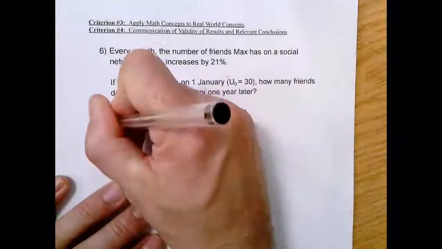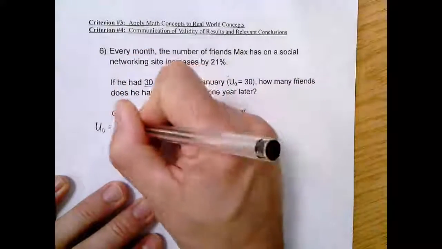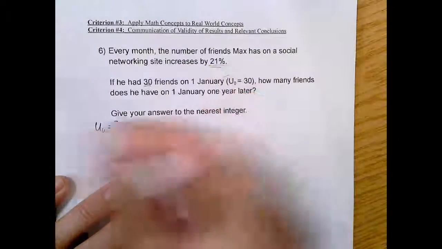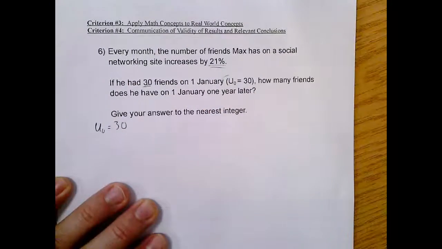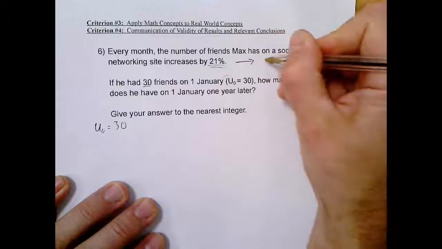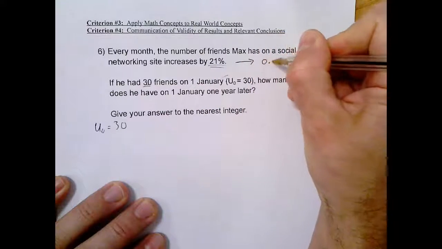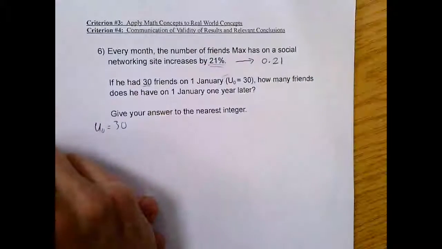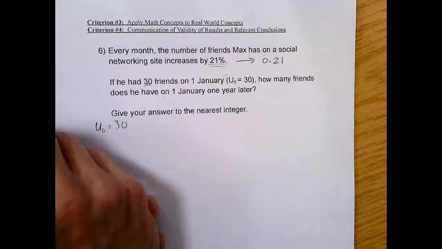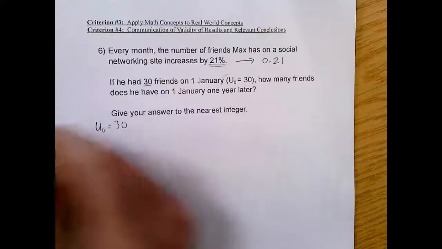I'm going to write this down just so I know what's going on. Okay, so first things first, this is going to be our common ratio, or what it's growing by, but we don't typically use percentages. We usually convert this over to a decimal. Okay, so that's how you write 21% as a decimal. And you guys know this. Where it gets interesting is if you think about it, if I multiplied,